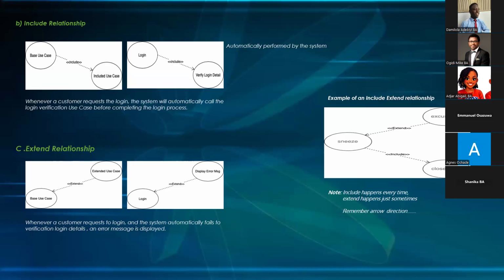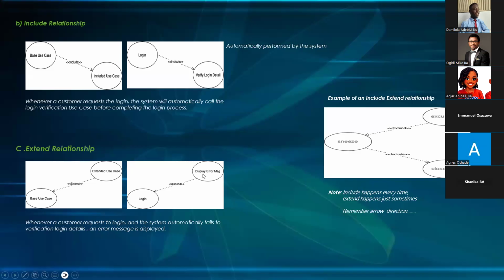So just look at it like a happy path, when things go right, when everything goes well. Yeah, you log in successfully, right? So if everything does not go well, then you want to identify that things didn't go well. So that's why it now displays the error message. That error message is simply an indication that things didn't go well. So that means there will be an extend relationship, the error message, and the arrow will now point back to the base use case. Now remember, log in is the base use case,